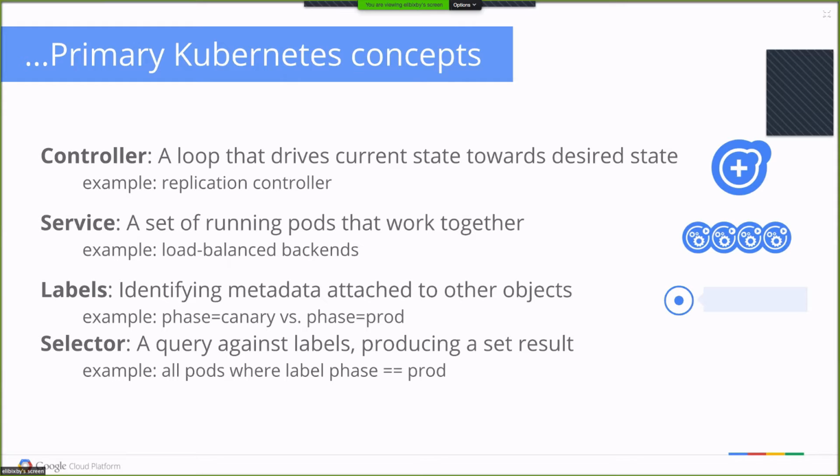So labels are the universal metadata of Kubernetes. A label is just a key value pair, and you can assign it however you like to any object in Kubernetes. And that brings us to selectors, which is basically how groups are formed in Kubernetes. You don't explicitly declare group membership. You rather give objects a set of labels, and then you can have selectors, which query a set of labels that form a group. So for example, a replication controller isn't a defined set of pods. You give it a label, and it drives pods with those labels towards a certain number of replicas.